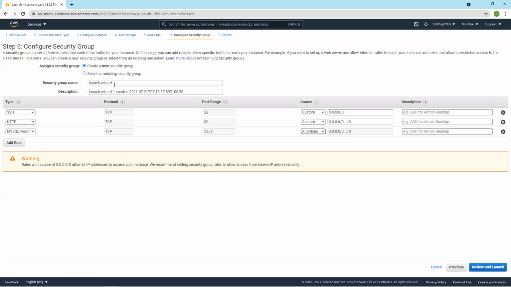And let us name this as security group 1. And launch it.